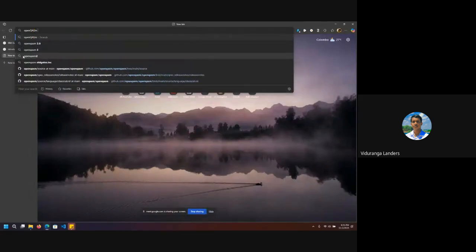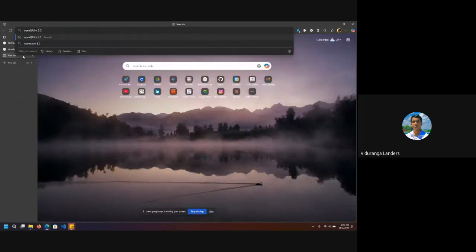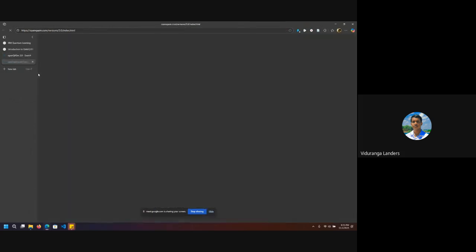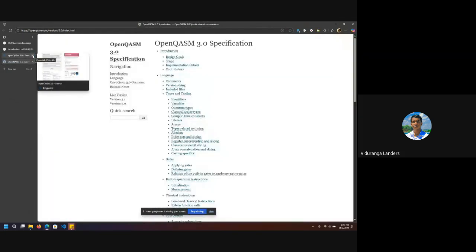Is there any limitations in using OpenQASM? Yes, there are a lot actually, because let me try to find it. Okay, so I mean,